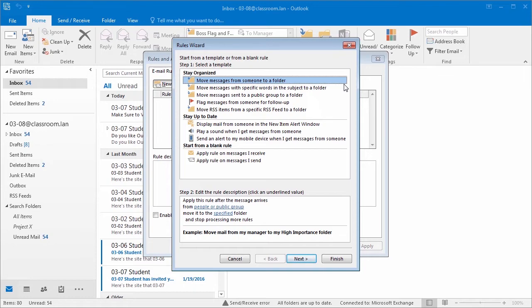Now, the rules come with a wizard, and there's always multiple steps. A few things I always recommend when creating rules is to think about all of the different criteria and scenarios that might come up. For example, if you have a coworker that's always sending you emails that you don't really need to read, you could set up a rule that automatically moves those emails to a folder and marks them